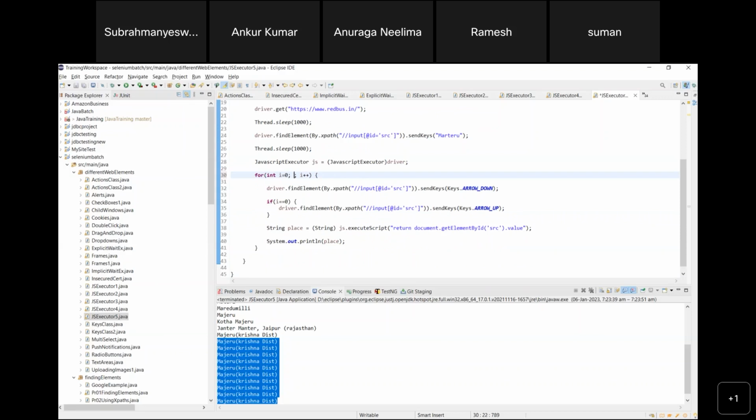Okay, so it will go into an infinite loop, or you can use a while loop also. We'll see that one, while loop also. Okay, so now I am using an infinite loop here. While doing this infinite loop, what I will do is, I'll say that